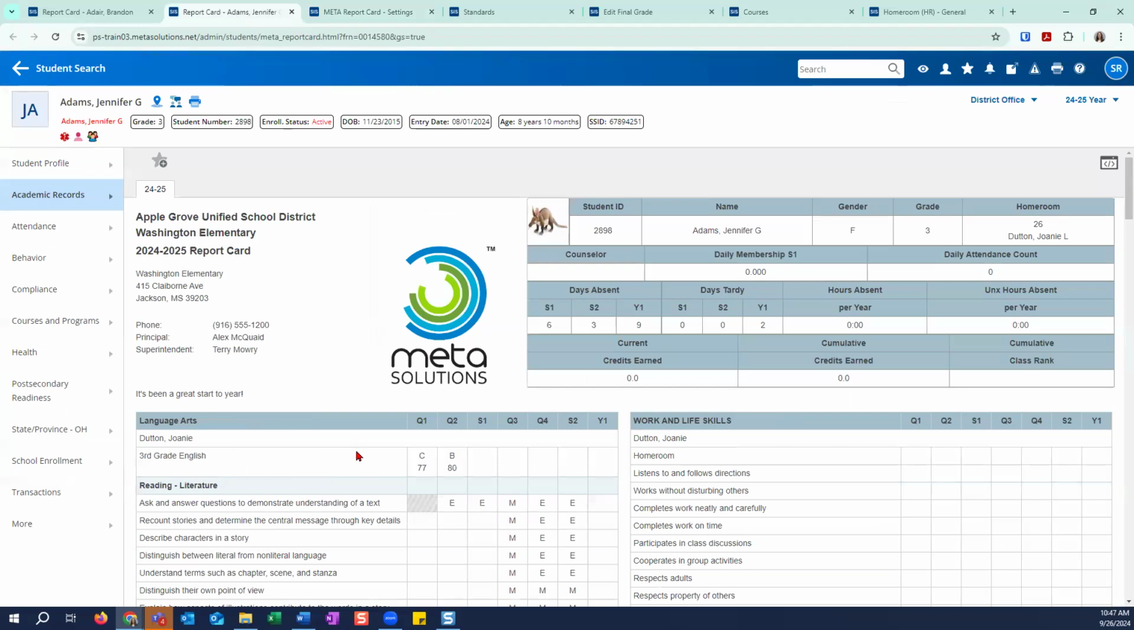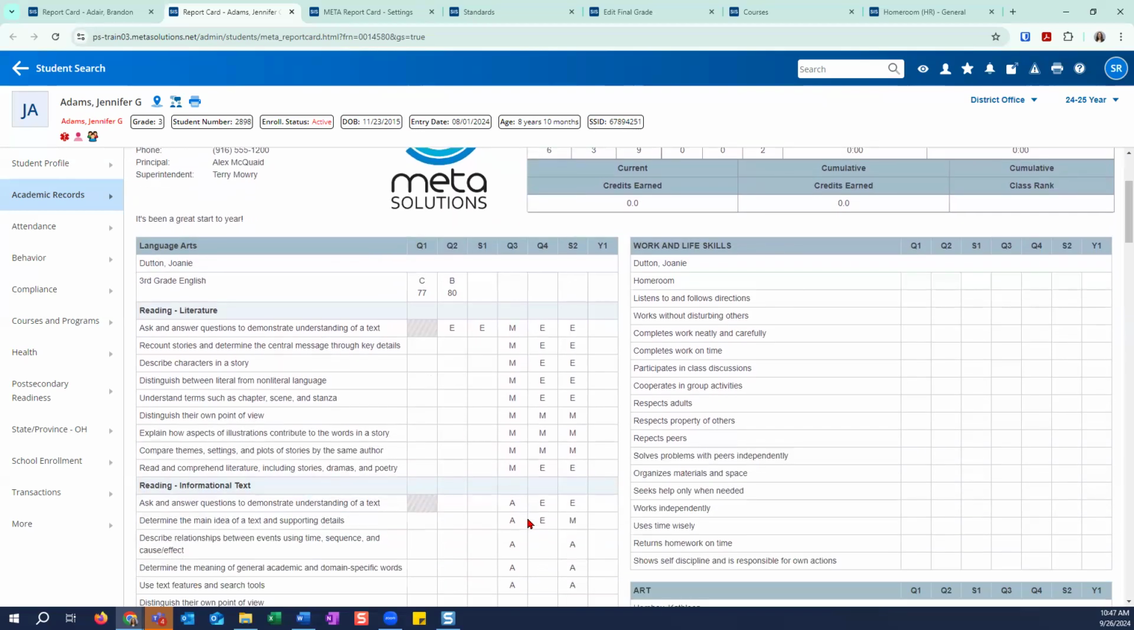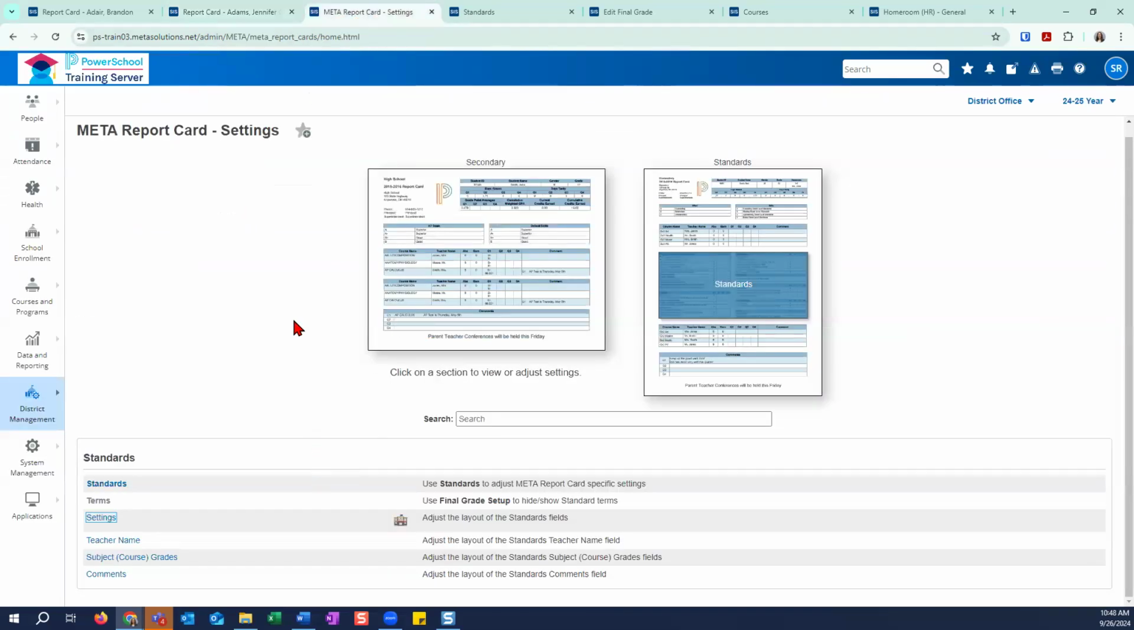Makes it a much cleaner look. Descriptions usually are quite lengthier. If you want to, you can display them, but again, like Sarah said, most districts don't. You wouldn't want to. You would have your standard here. Your name is